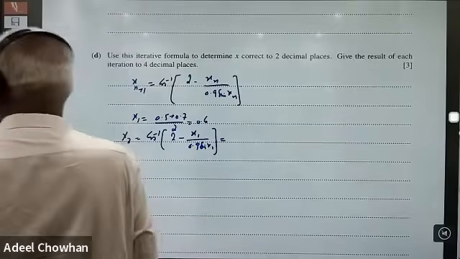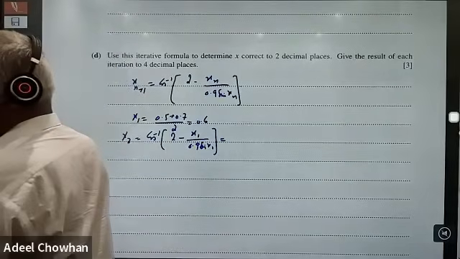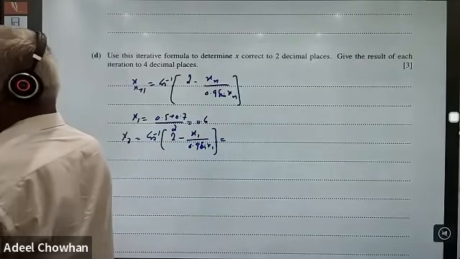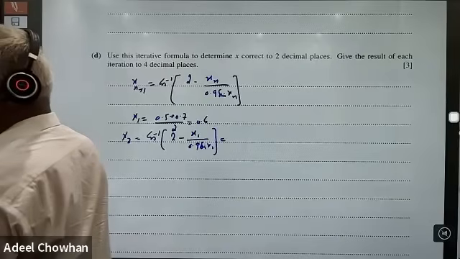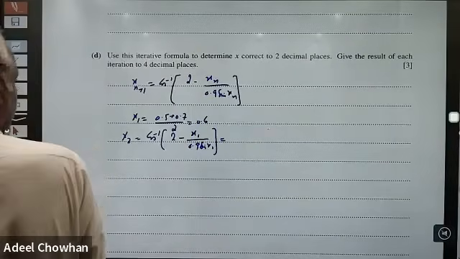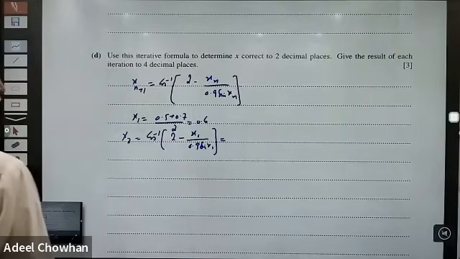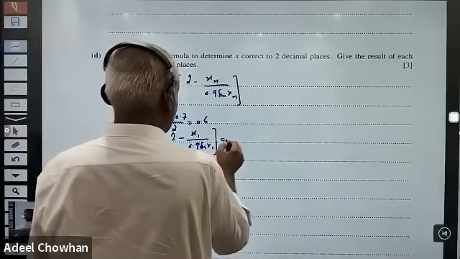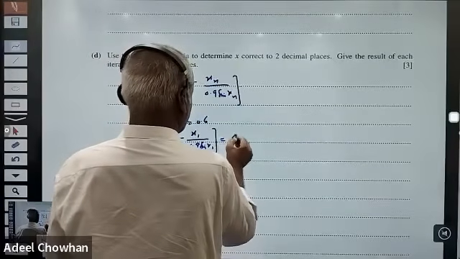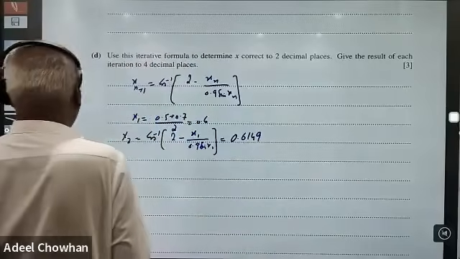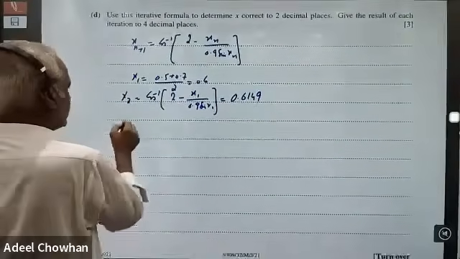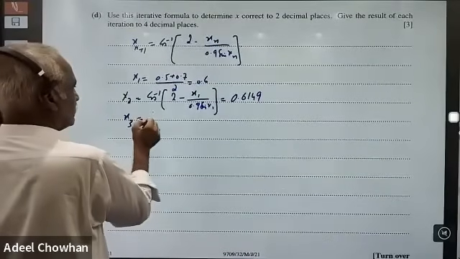and that value is equal to 0 point, then X3 will be equal to